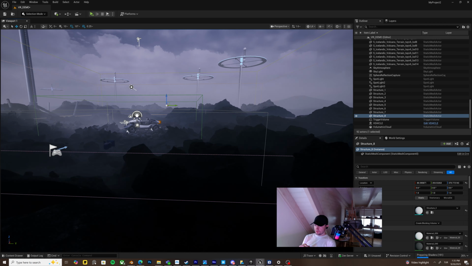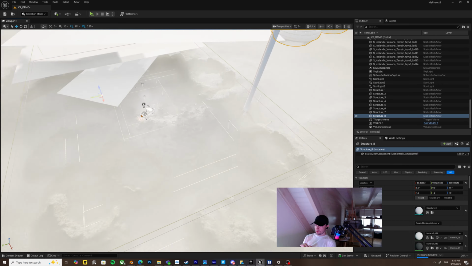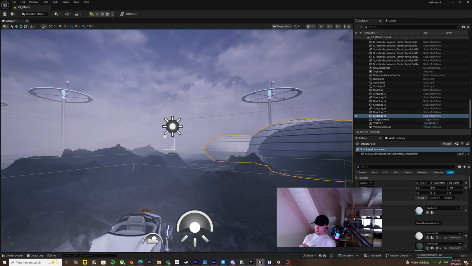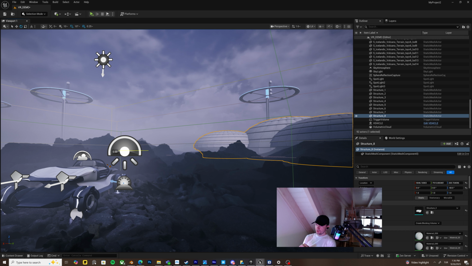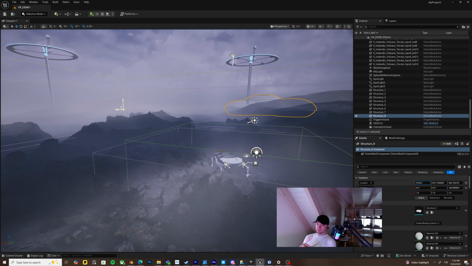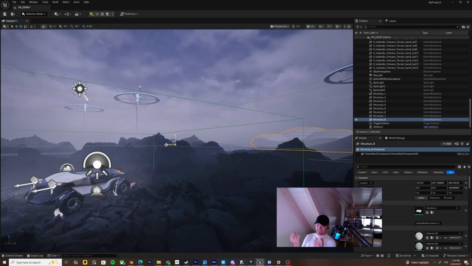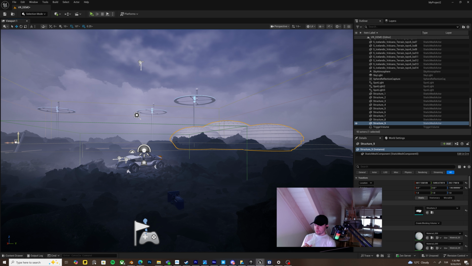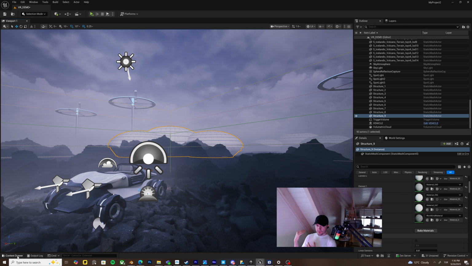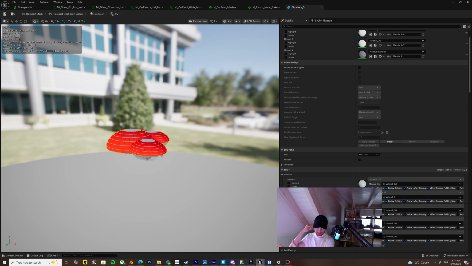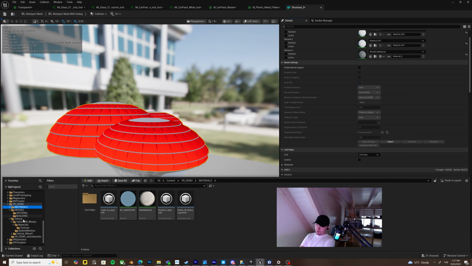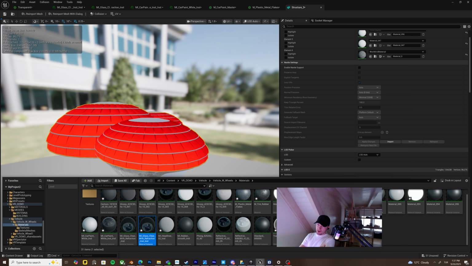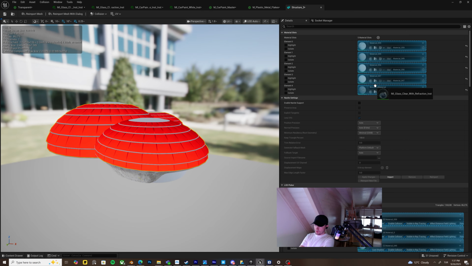So these are also from last week. I didn't put the pivot in the middle, and I was way too lazy to go back to Blender and readjust the buildings. I was thinking the environment was missing some more components in the far back that can add a lot more depth and life. So I have basically added those buildings from last week,